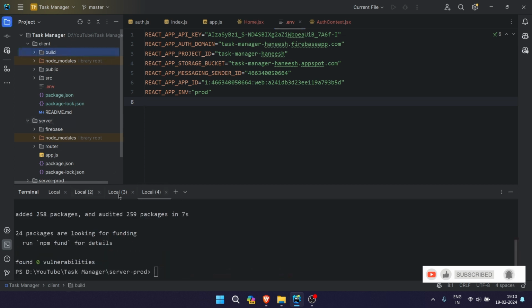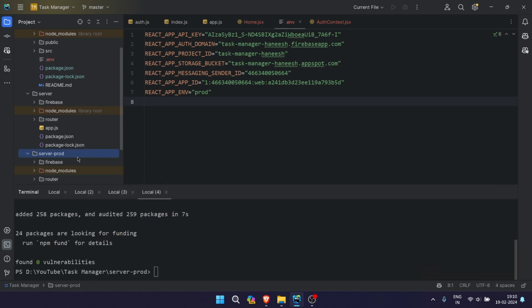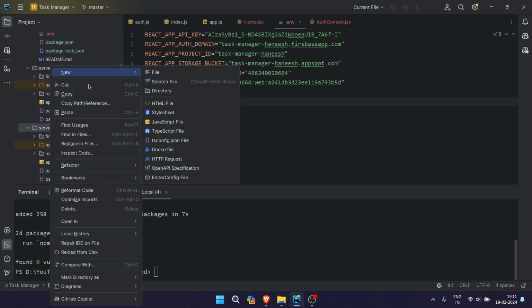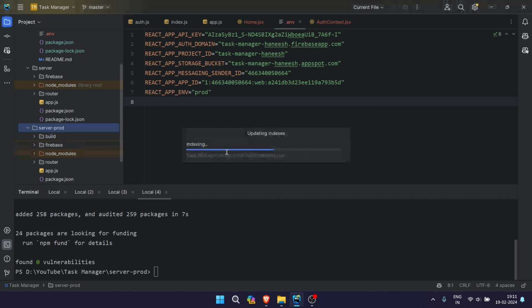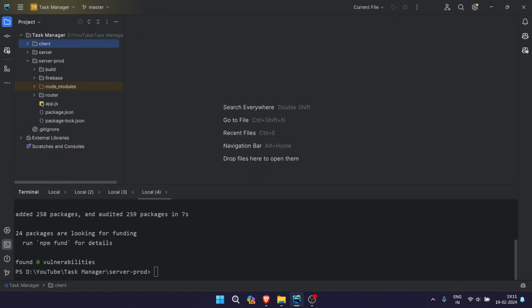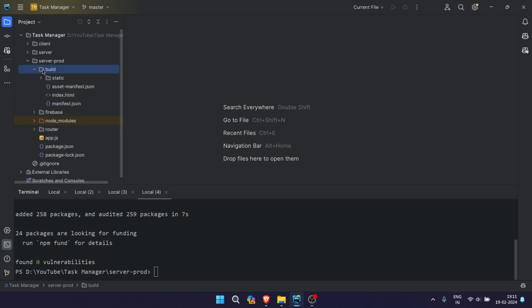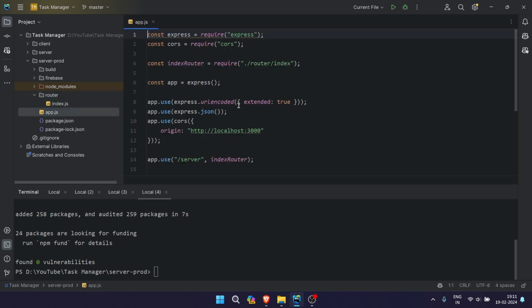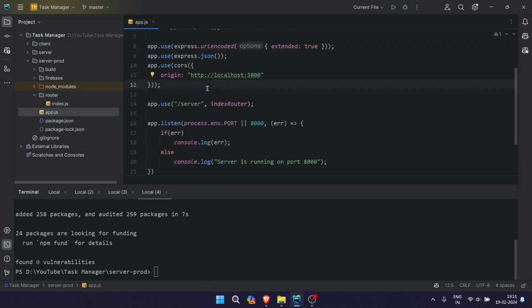So here is the build folder which has been created. Now in the server prod, we got the node modules installed. So we'll be moving the build folder to the server prod. So you basically understand, right? Let me close everything. So in basic terms, we have a production server which has a build code. So this build code can actually run on its own. So what we'll be doing is going to our app.js, and we will be saying